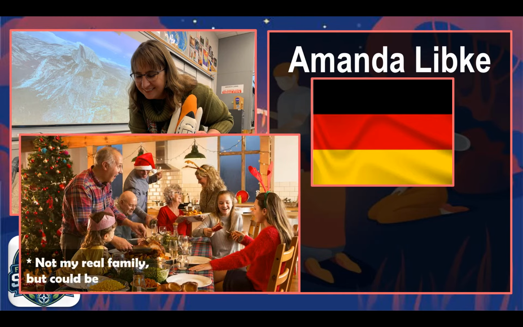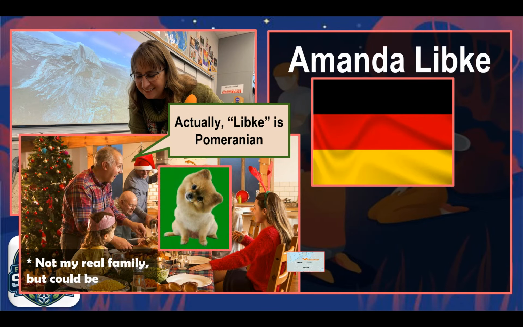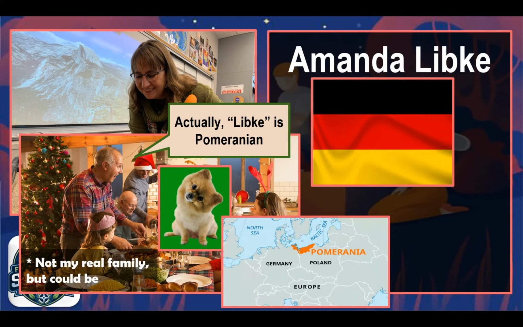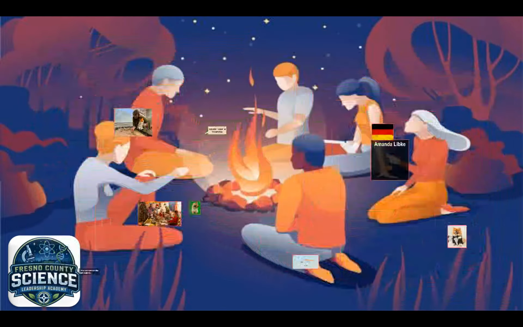Well, funny story. So at Christmas, this last Christmas of 2025, my father-in-law, who's like the original Libke, spoke up and said, actually, the name Libke is Pomeranian, which made everybody at the table go, excuse me? I didn't realize that there was a region called Pomerania. Listen, political geography is not my strength, but there is a place called Pomerania, and apparently that is where the Libke name comes from. And now I have the proud honor of being able to say that I have married a Pomeranian.